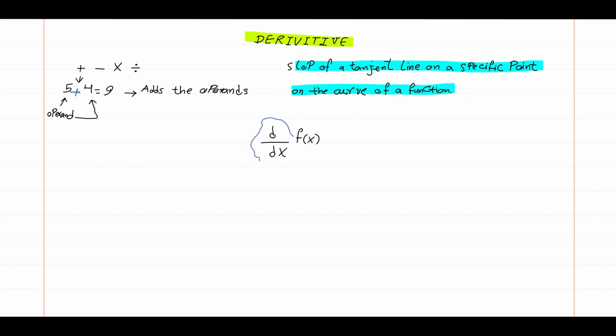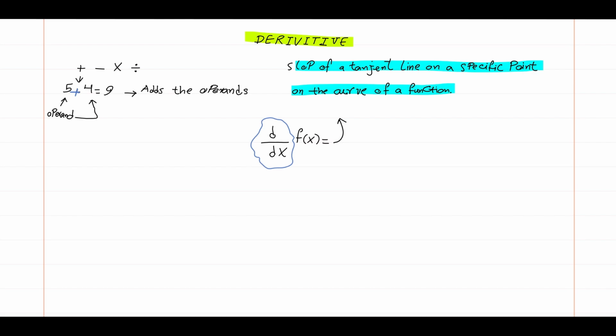This here is the derivative. We differentiate f of x with respect to x, and the result of this operation will give me the slope of a tangent line on a specific point on the curve of